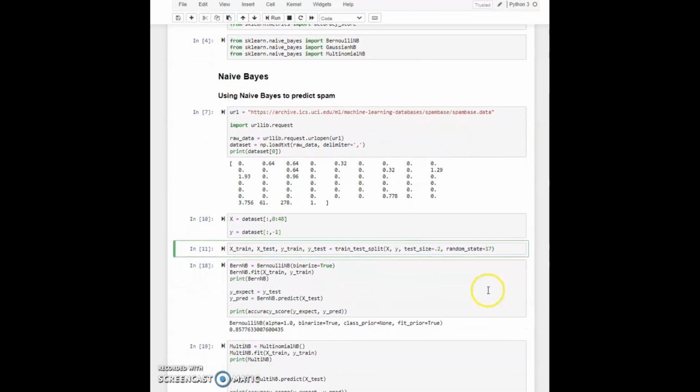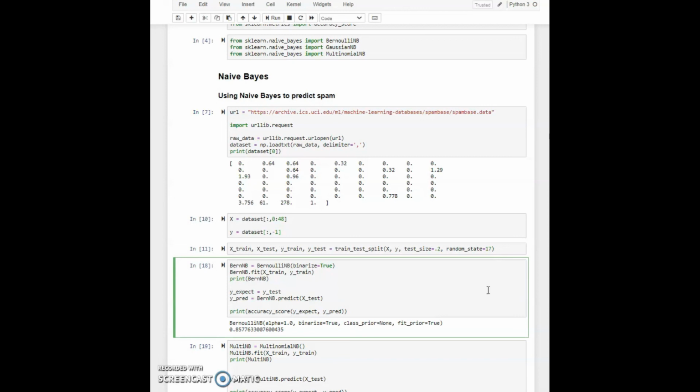So now let's come to cell 18. Now that we have broken our dataset into test and training sets, the data is comprised of continuous variables that describe frequency count of words. Multinomial naive Bayes is a great candidate, but we could also try Bernoulli's naive Bayes with binning to convert the frequency count to binary values. So let's try that first.